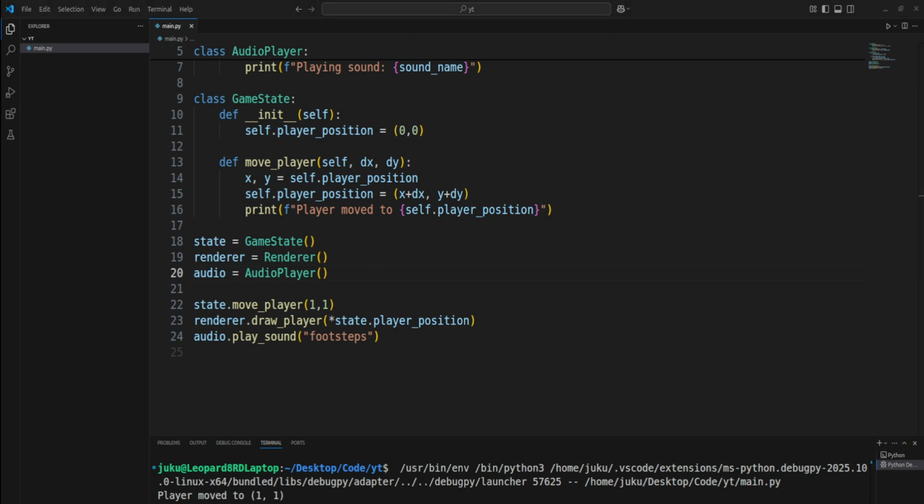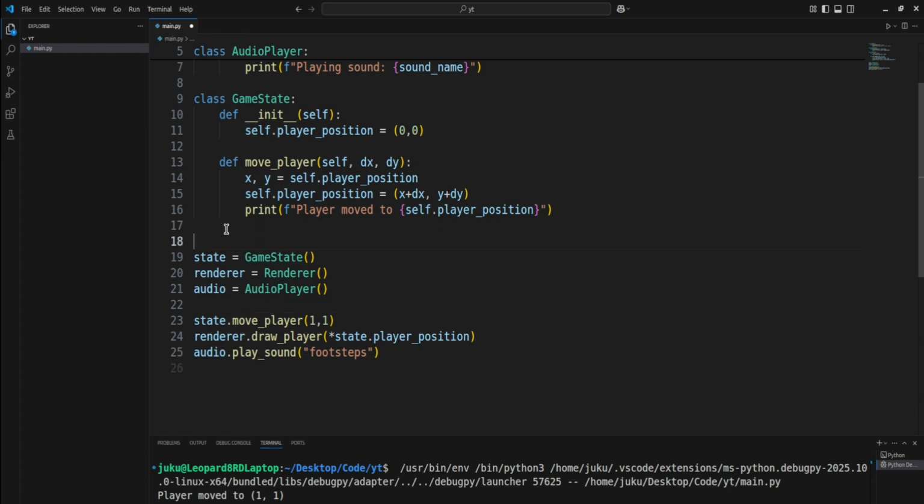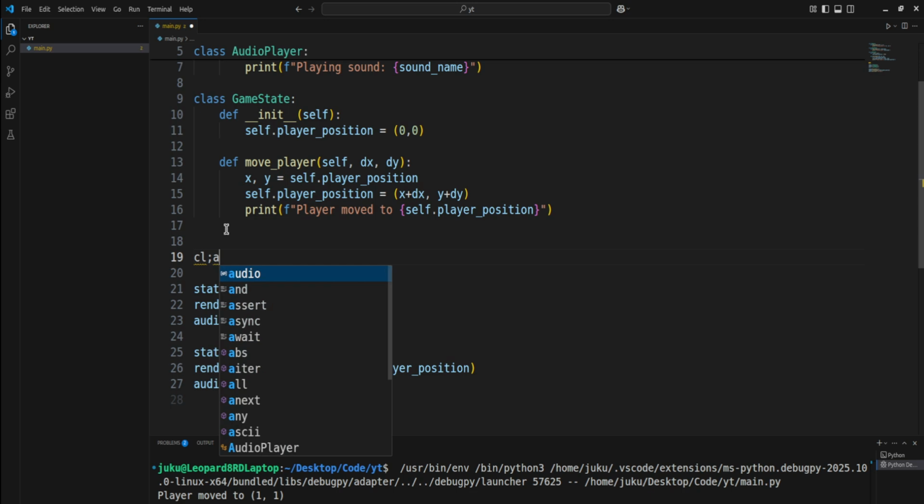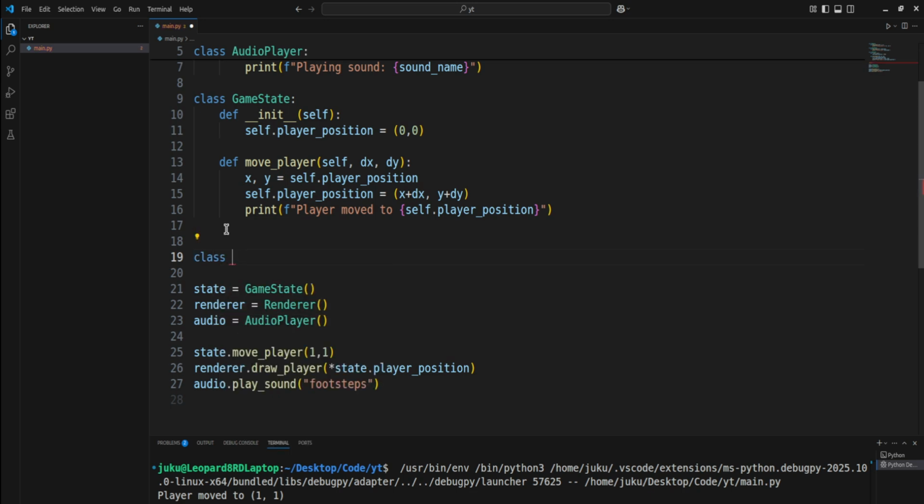But with the facade pattern, and in my opinion, facade pattern is probably one of the easiest patterns I can think of. Maybe it's roughly the same as the singleton pattern. I think the facade pattern and the singleton pattern probably go well together because I'm not sure if you'd really need a bunch of different classes for the facade pattern. But what we're going to do very easily is just make a new class, called Game